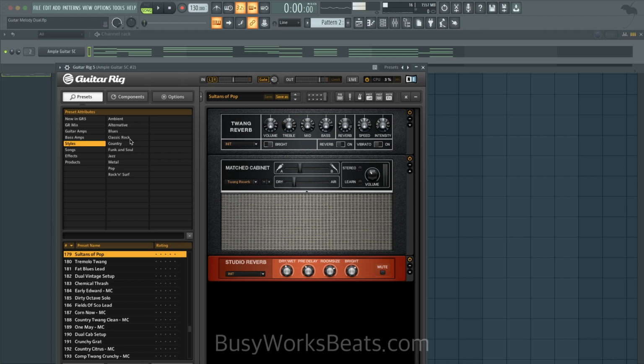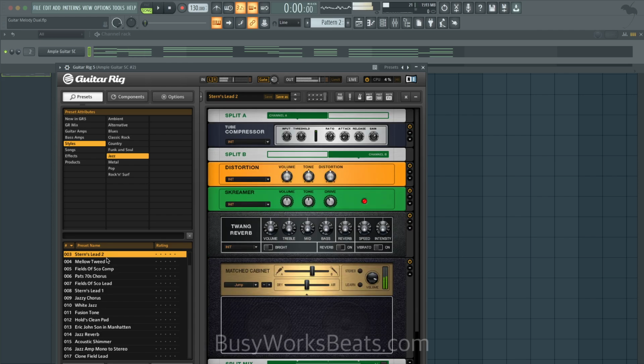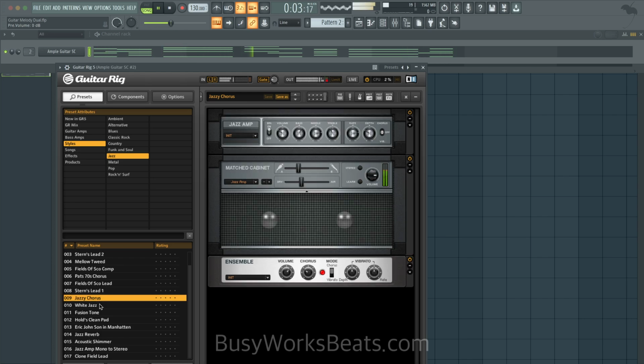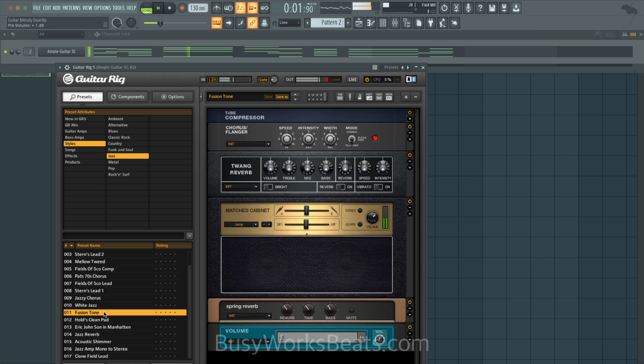Let's do jazz, it's a little bit softer, as opposed to picking the most aggressive distortion. So that way we can kind of blend the melody in with the chords. That's the real key.